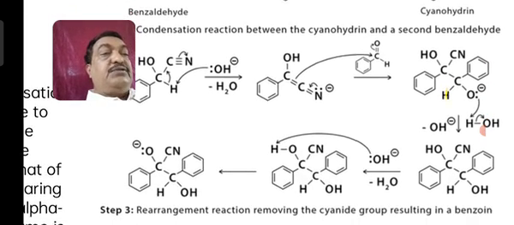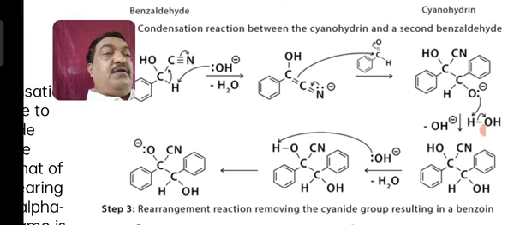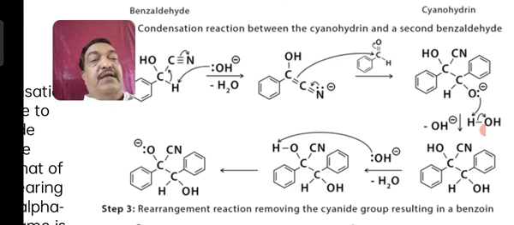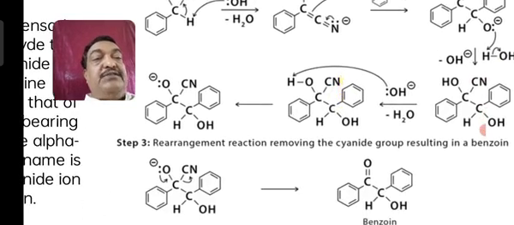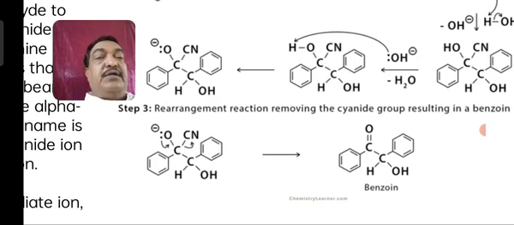On continuous protonation, the proton is added and you will get two benzene rings with OH, CN and OH, H. This is again treated with a hydroxyl group to remove a water molecule, and an anion of this kind is obtained, that is C6H5-C(CN)-O minus and C6H5-OH-H. In the last step, the above product undergoes rearrangement.